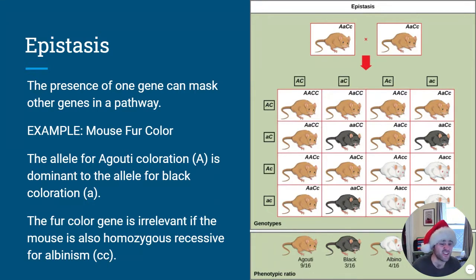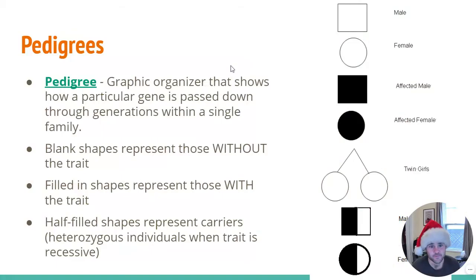And that's why you may be looking at your hair color and your family's and be like, I don't get if this is dominant or recessive. Well, sometimes many genes are playing off one another, and we're going to really dive into that in the next lecture with non-Mendelian genetics.